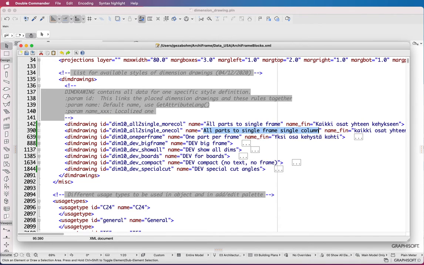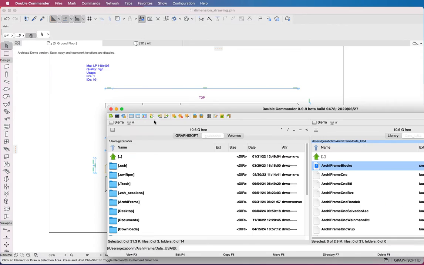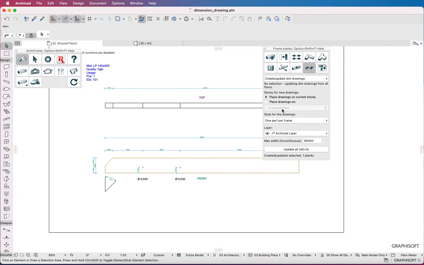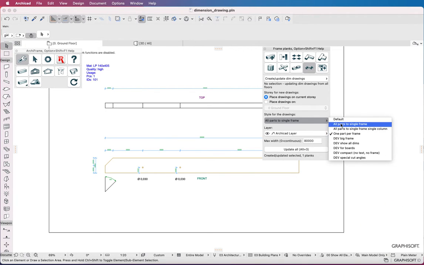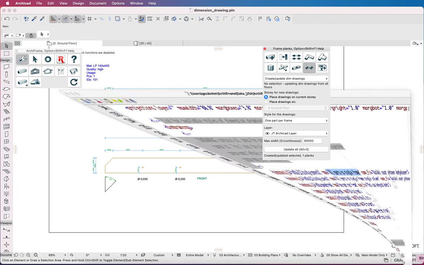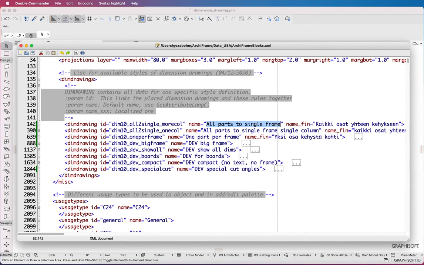All parts to single frame. This is the first here. And it's shown here as well. Since we use the style 1 part per frame, let's open this one and change the settings.